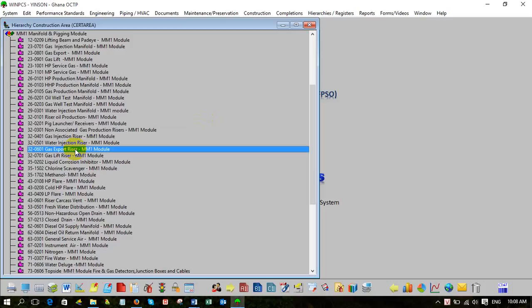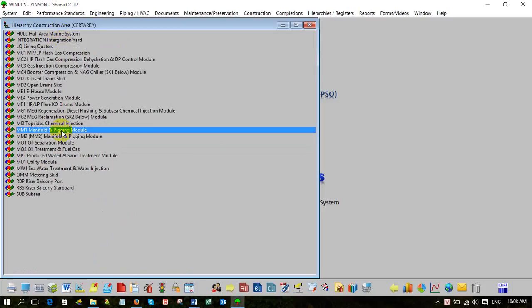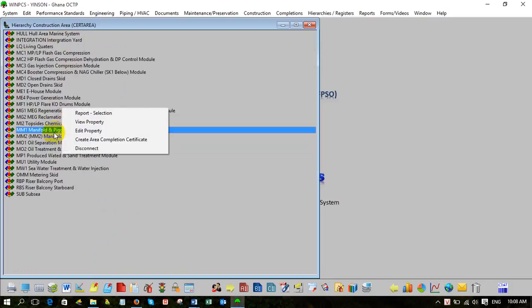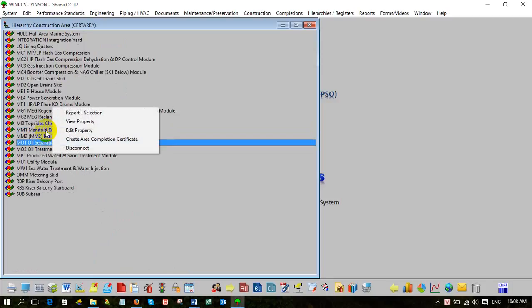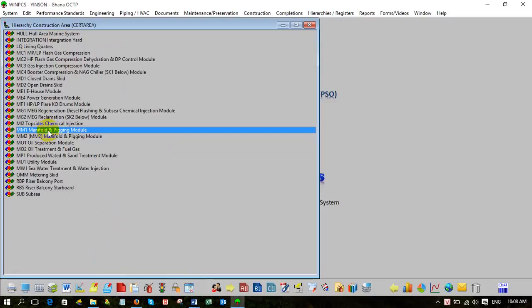And also right button click. Right button click is what I call a reporting menu. If you click the right button, you must highlight first, one time. One time highlight, right button click, you see this reporting menu. For you, you can see report, view, you cannot see edit and disconnect. You can see but you cannot do. For me, I can do. If you click this one, I die already.